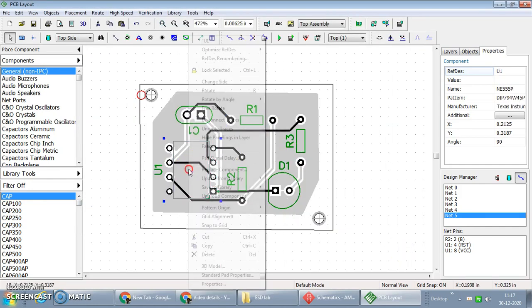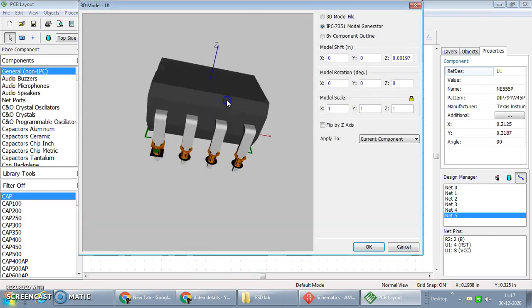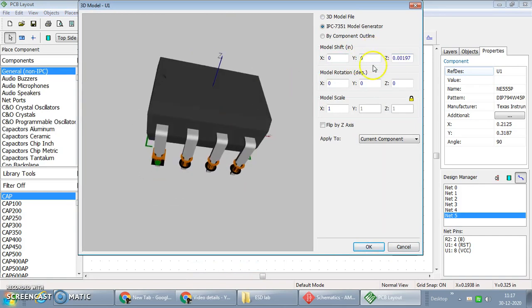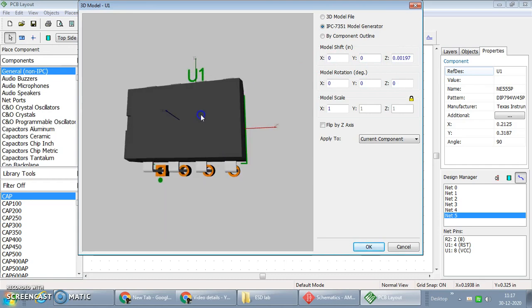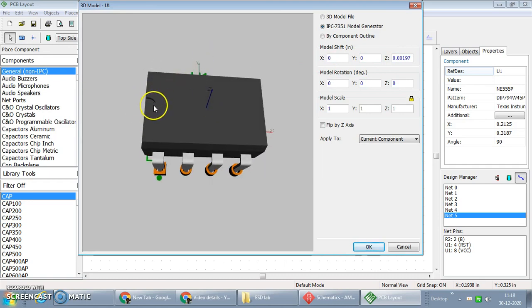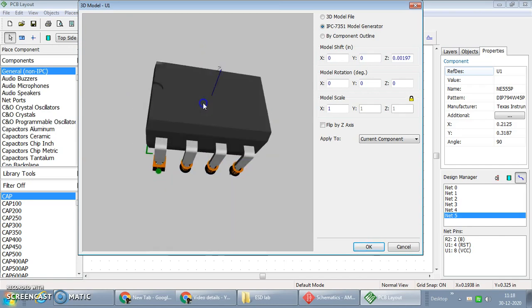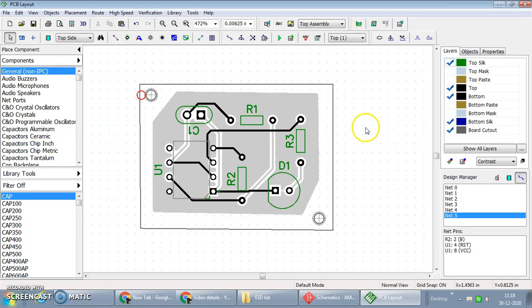Now if we go for the IC, right click, 3D model. So this is how the IC terminals are connected. Here also, by specifying the parameters of XYZ, we are not going into details of the design rules right now. The objective of this video is just to make you aware of the steps to design the PCB. So this is how the IC looks. Again, this is slot 1, 2, 3, 4, 5, 6, 7 and 8. These are the pin numbers. So here we are ready with the PCB designed for an astable multivibrator using the